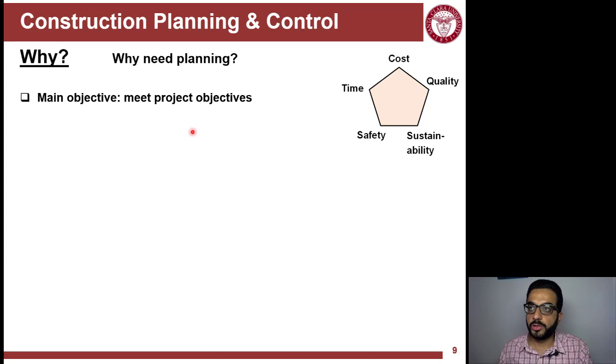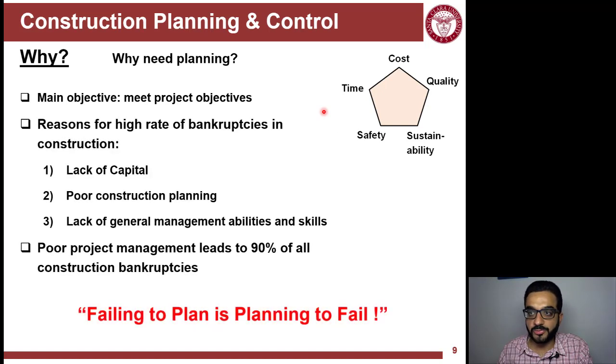So why do we do planning? The main objective, like we said, is to meet the project objectives defined by the owner and the project team. But also it's to avoid the dark scenario here for all the parties involved in the project. But if we talk here about contractors,